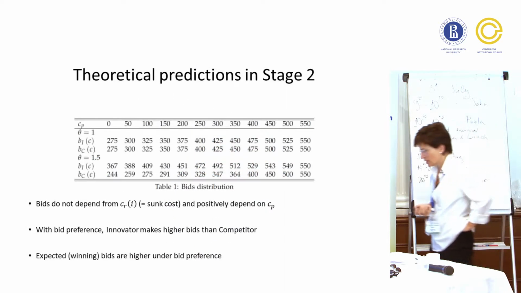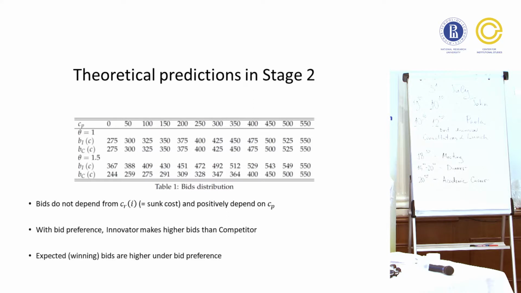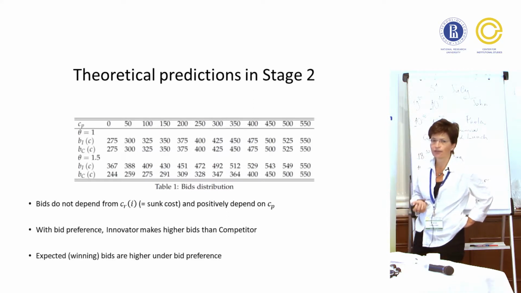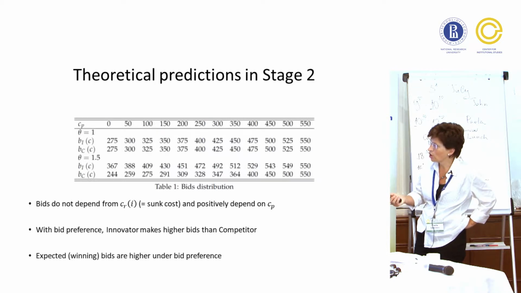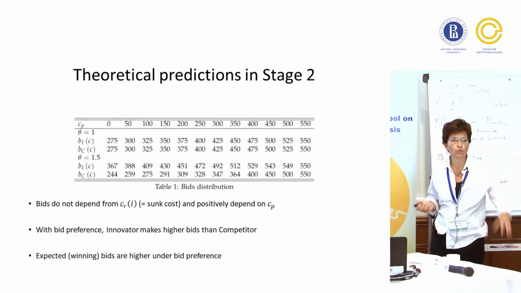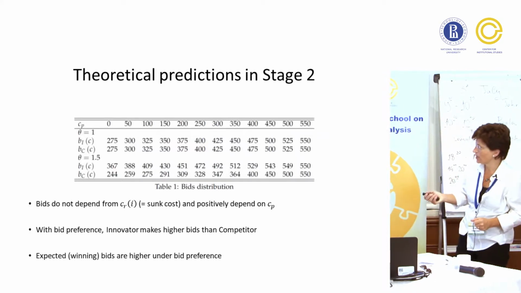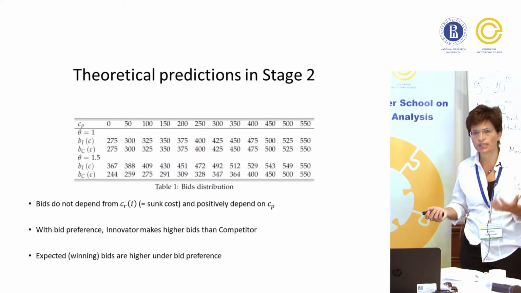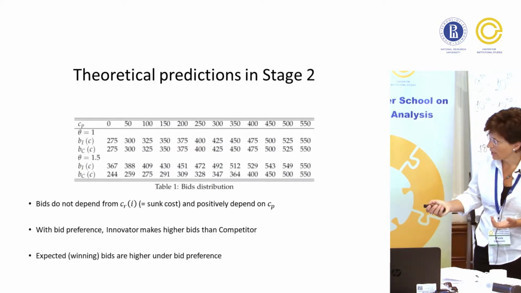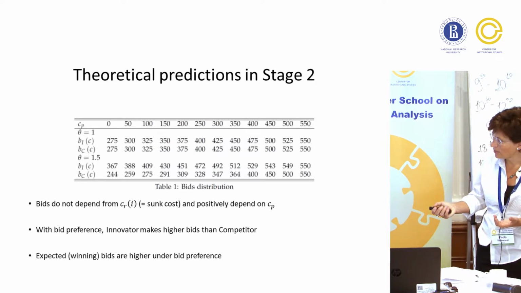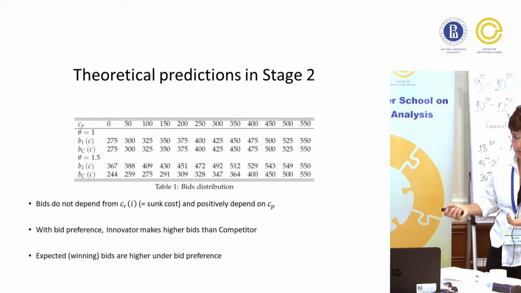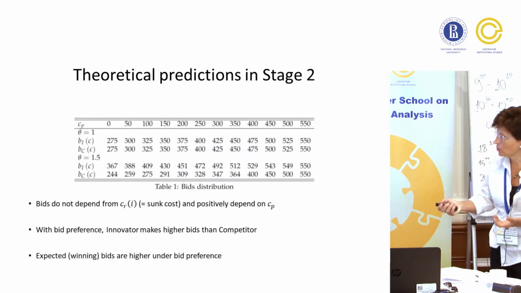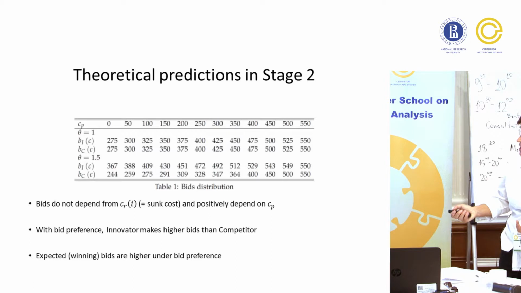Now, about stage 2, which is a little bit simpler, what we see is that the predictions are affected by what? By the cost of production, which is extracted between 0 and 555, and by whether there is a bid preference or not. So here you have no bid preference, theta equal to 1. Here you have bid preference, theta equal to 1.5. Okay? And what we see, this is BIC,